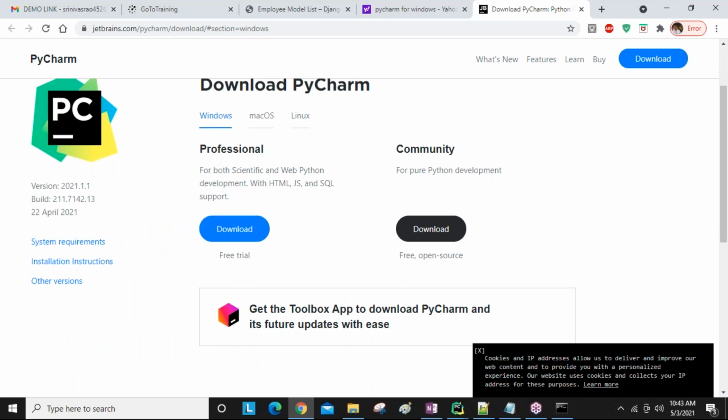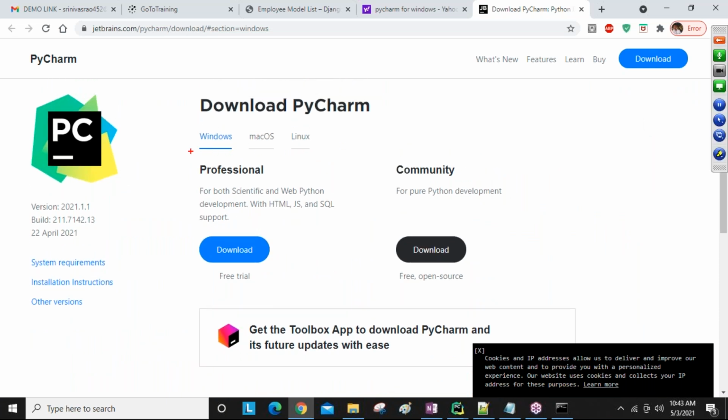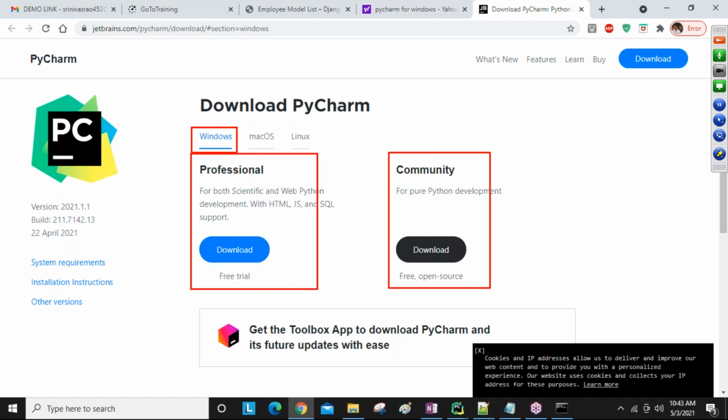Okay, so PyCharm download. Guys, here two types of PyCharm are there. What platform are you using: Windows, Mac, or Linux? Mac means Apple OS. You can select by default. I selected Windows, and now here the Professional version is there and the Community version is there.